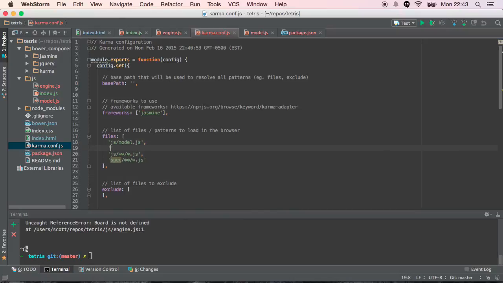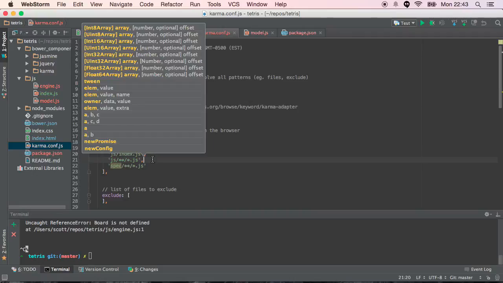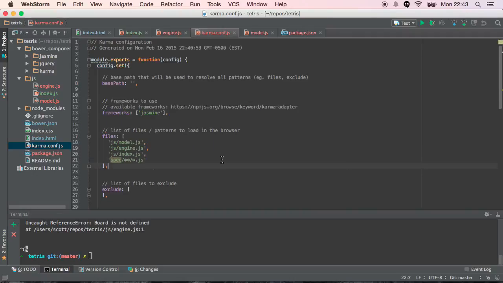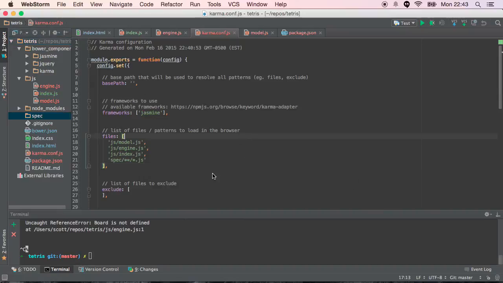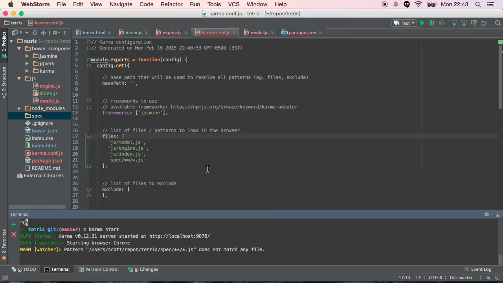And then we'll do JS engine.js and JS index.js. Of course, put quotes around that. And now we can remove this line, since that'll be extra. Yeah, cannot resolve directory specs, because I haven't created it yet. Spec. Okay. So now when we run start, we should get